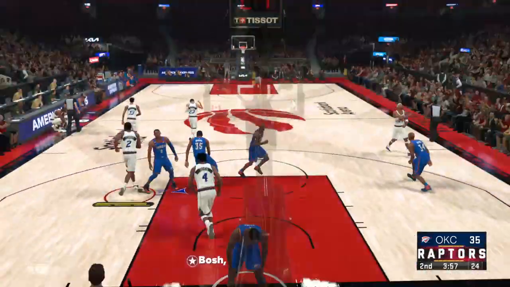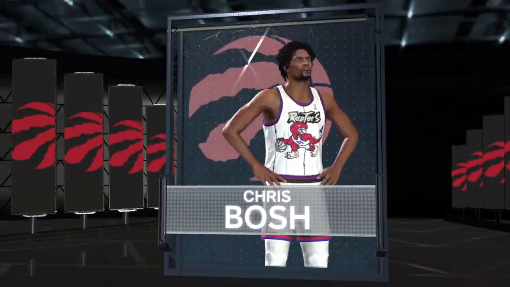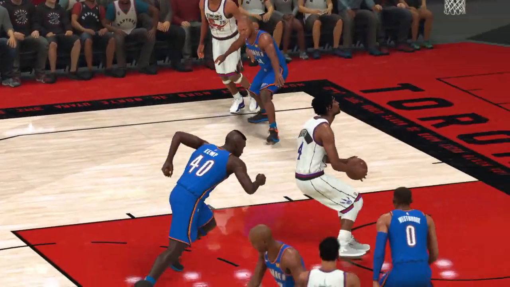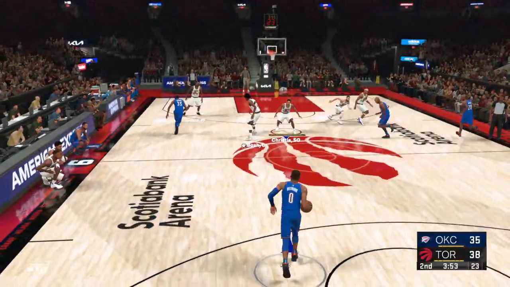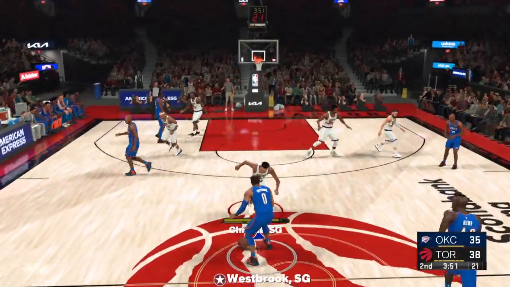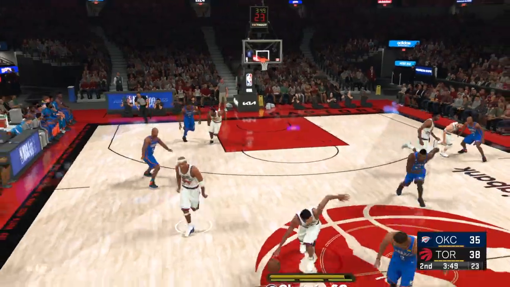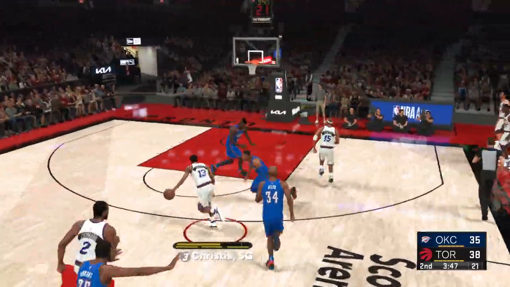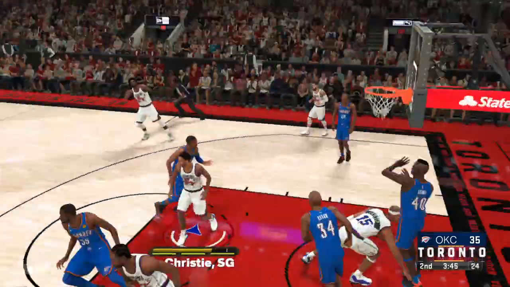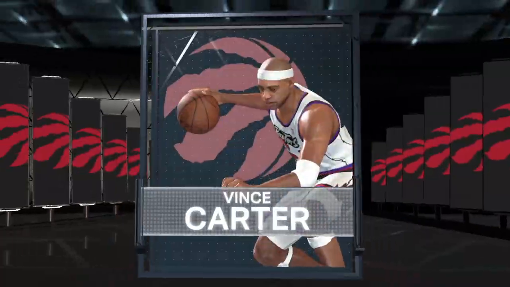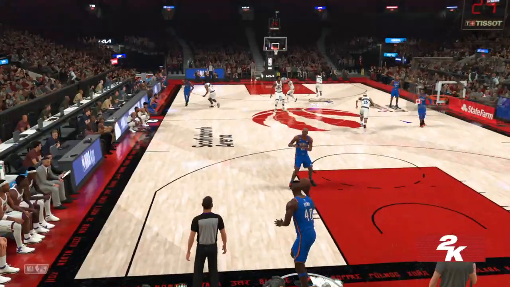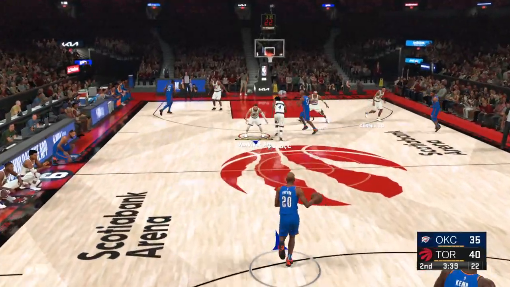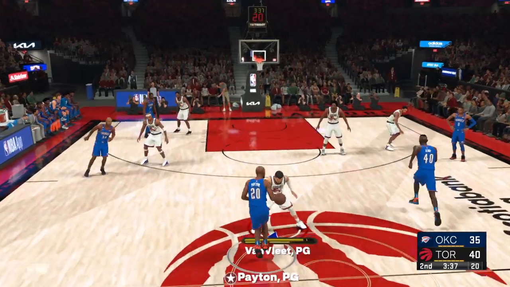And Chris Bosh with the slam. Oh, going high to throw that one down. Sky high. Fantastic one-hand jam. With the assist. Trailing by 3. Tipped away. And here's the break. Here's Carter, and then Carter with the jam. And that's what Carter does best, knifing his way inside so he can finish with the easy slam. Here in the second quarter, just under 3.5 minutes played.